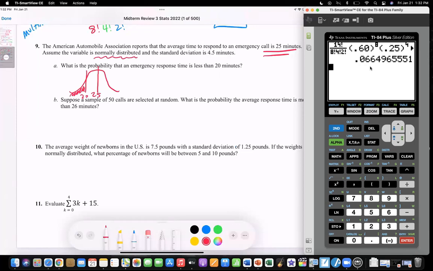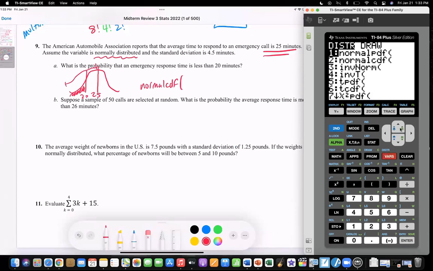You can obviously find the z-score for the 20 and then look up the area in the table. Remember, it's a tail, right? So you're going to have to do 0.5 minus this area. But since we're talking about just everyone, we can use normal CDF here. That's perfectly fine as well. So if I do normal CDF,